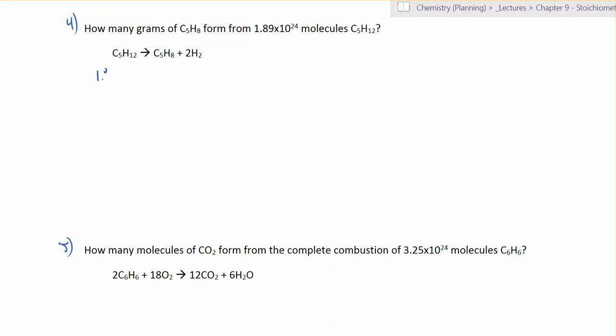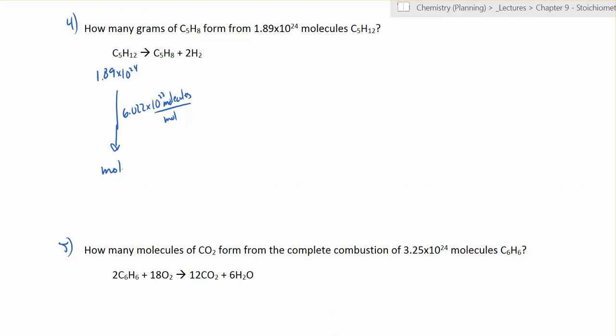Let's start with what we're given. 1.89 times 10 to the 24 molecules. With a number of this size, it's an immediate clue that you should use Avogadro's number to convert. It's just what we'll do here. We can multiply this number by Avogadro's number, 6.022 times 10 to the 23rd molecules per mole, and that will convert our molecules